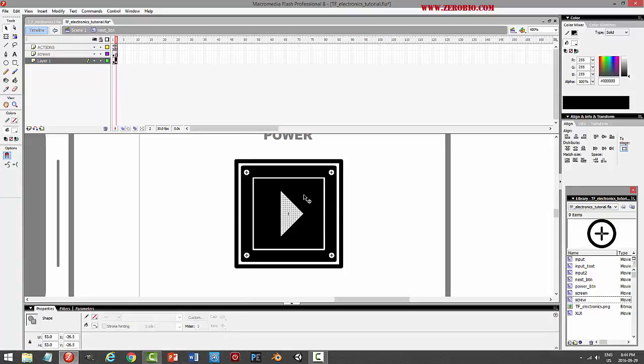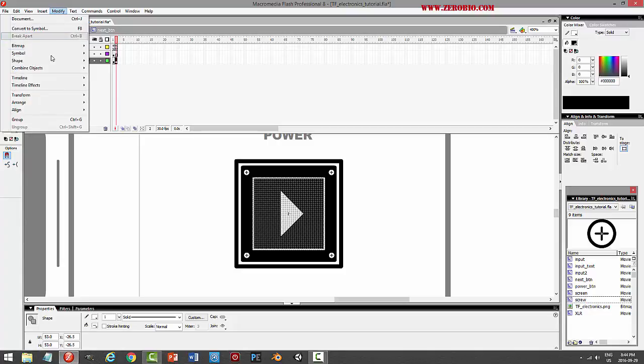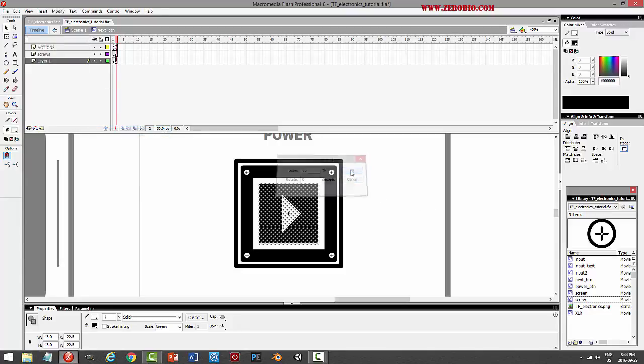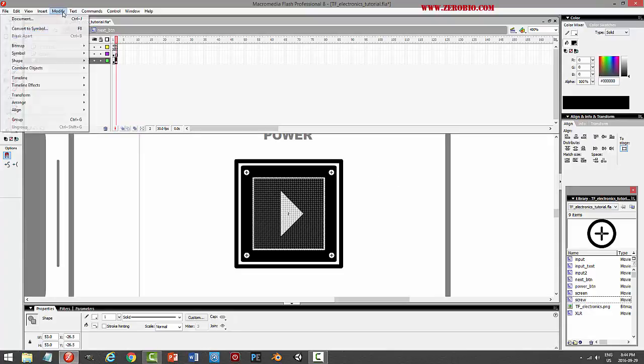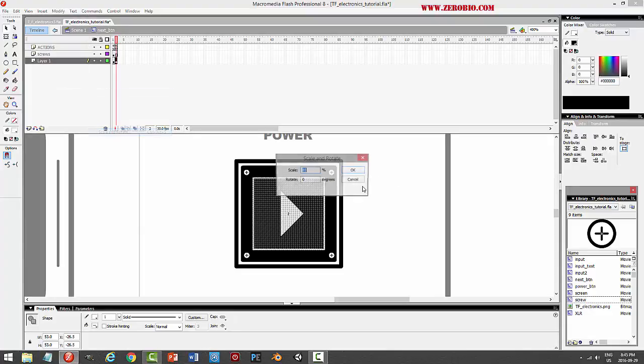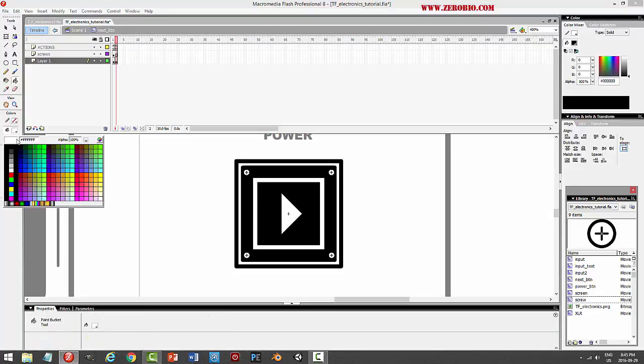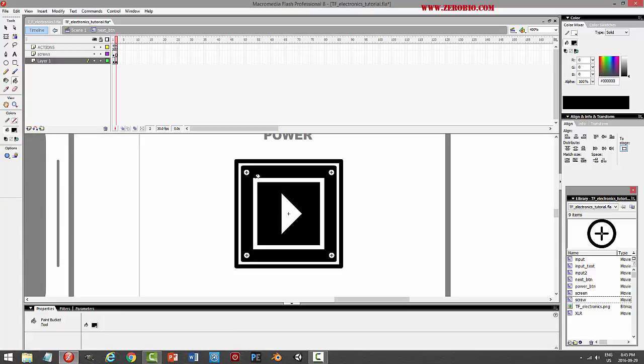And at that spot, I'm going to take all of this, and I am just going to shrink it down. Modify, transform, scale and rotate. Is that 85? That might be a little bit much. Modify, transform, scale and rotate. Or is that 65? Can't read it from here. Let's try 90. Let's just try that. Now, yeah, okay,